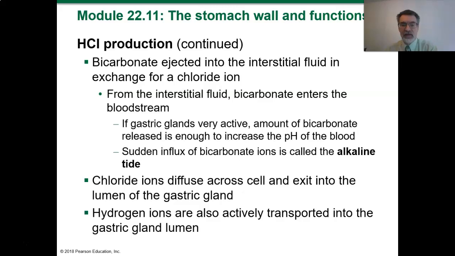So if gastric glands are very active, the bicarbonate ion released through them increases the pH of your blood, right? Sudden influx of bicarbonate ions is called the alkaline tide. And that's another reason why taking Tums and Rolaids isn't a great solution to chronic acid problems, because